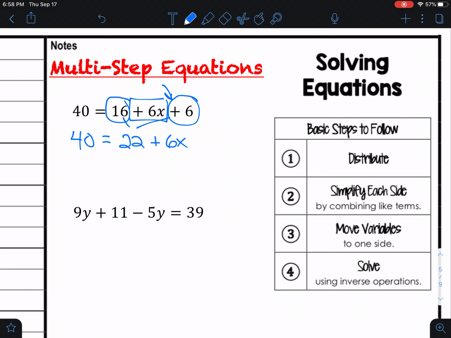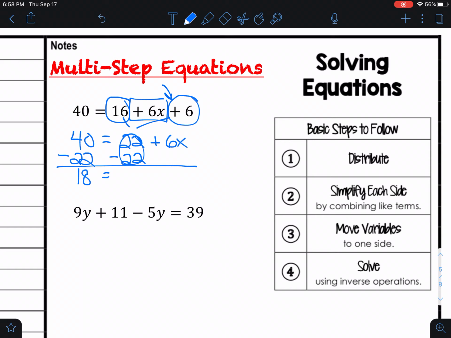So first thing, I want to work PEMDAS backwards. I've got to get rid of that 22. So I'm going to go, it's a positive 22, so we're going to subtract 22. Okay, these cancel out. I get 18